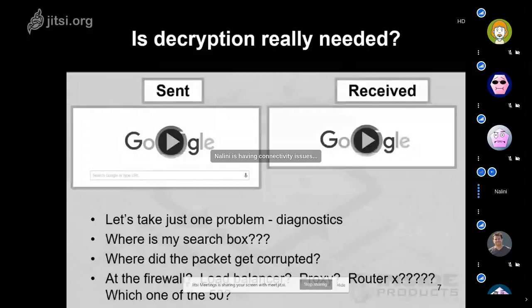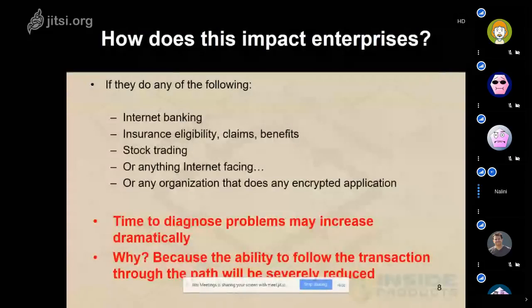So how does this whole thing impact enterprises? This is a list that's been created by a number of the enterprises that we work with. Following this whole issue, a lot of people in the enterprise community are waking up, and we have in fact started a group called Enterprise Data Center Operators, which we are spinning off into its own group. But what they said is, if you're doing internet banking, insurance, stock trading, or really anything internet facing or doing an internet encrypted application using TLS, the time that you're going to need to diagnose problems may be huge, because you're not going to be able to follow the path. You're not going to be able to decrypt packets out of band. You're not going to see where the